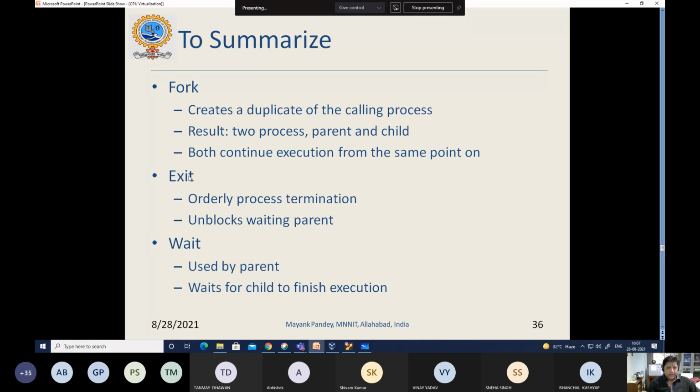Then we have seen exit and wait. These are required for the orderly process termination. When the parent calls wait, it waits for the child to finish the execution. At the same time, when the child finishes, it issues exit, and these exit and wait work together to achieve orderly process termination. But if you can see the way fork was working, the child process is an exact replica of the